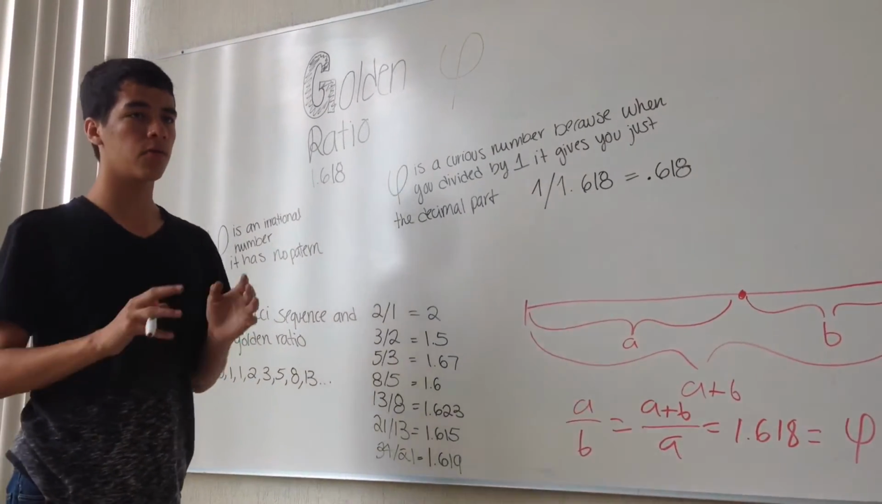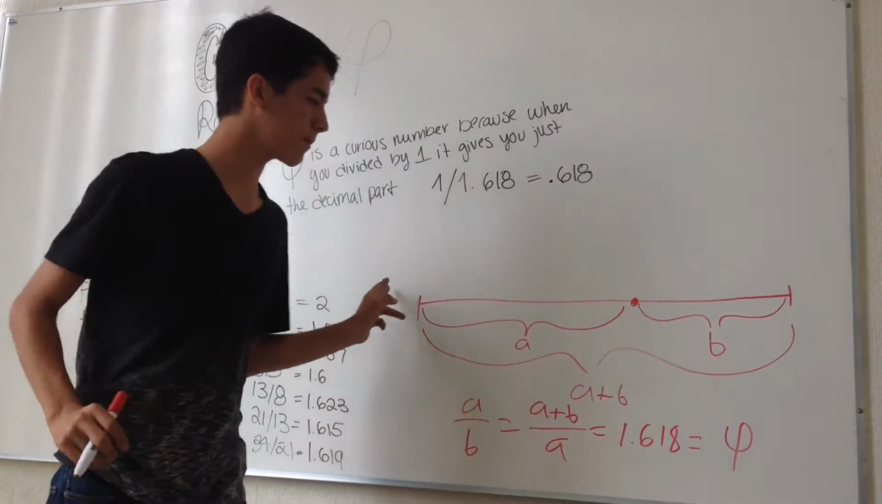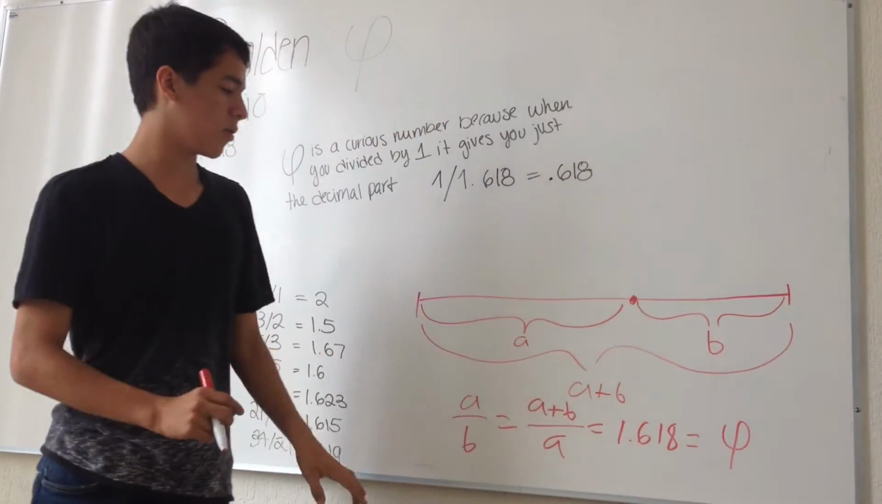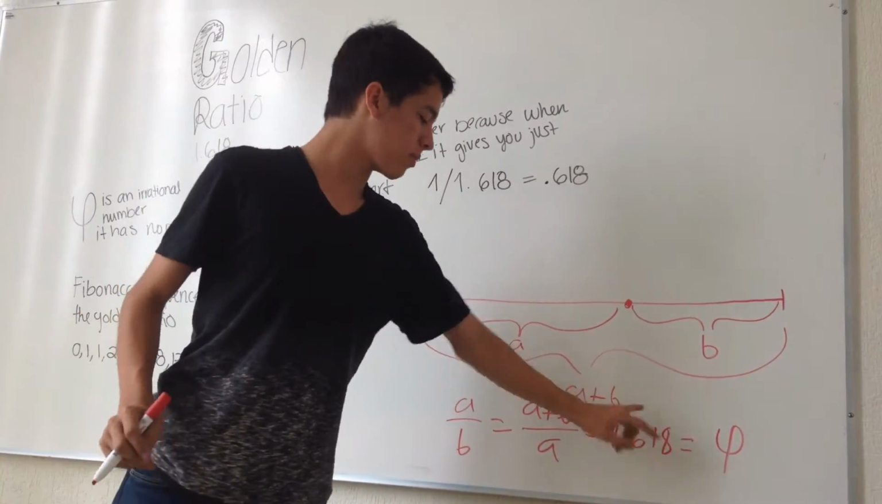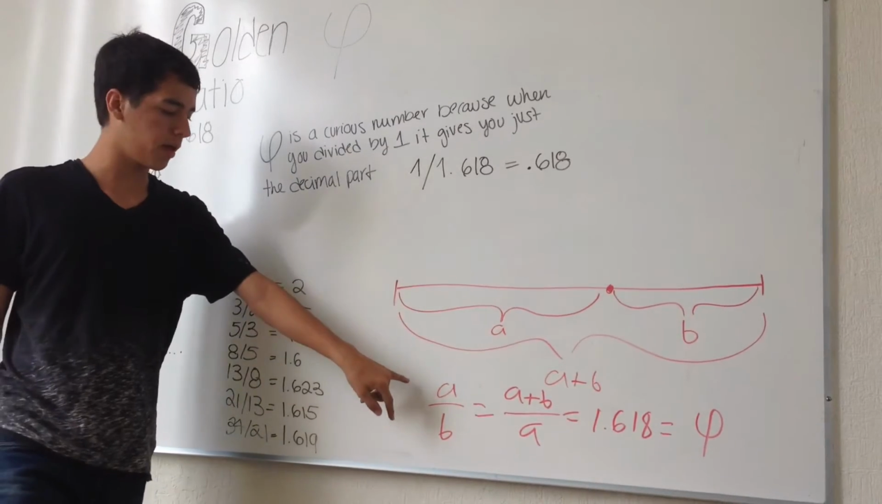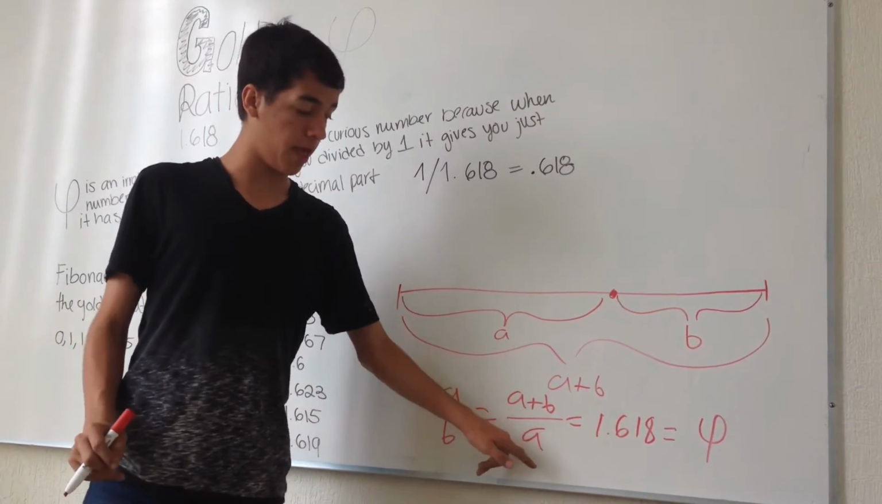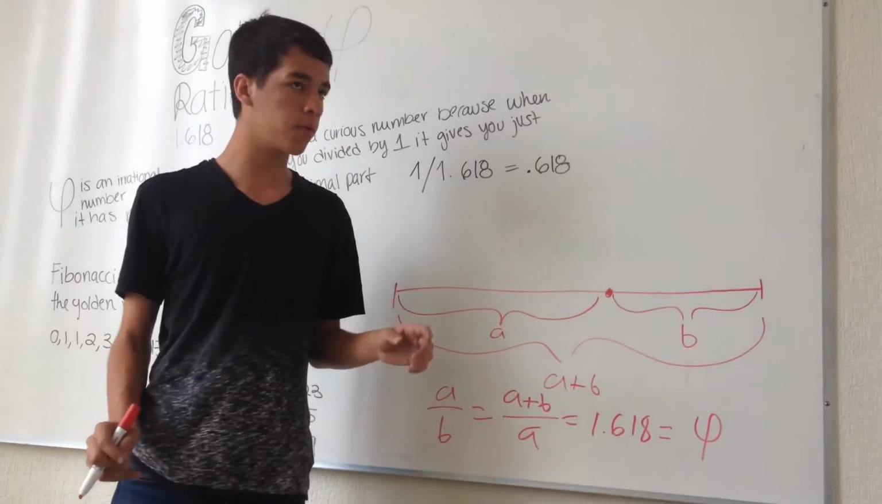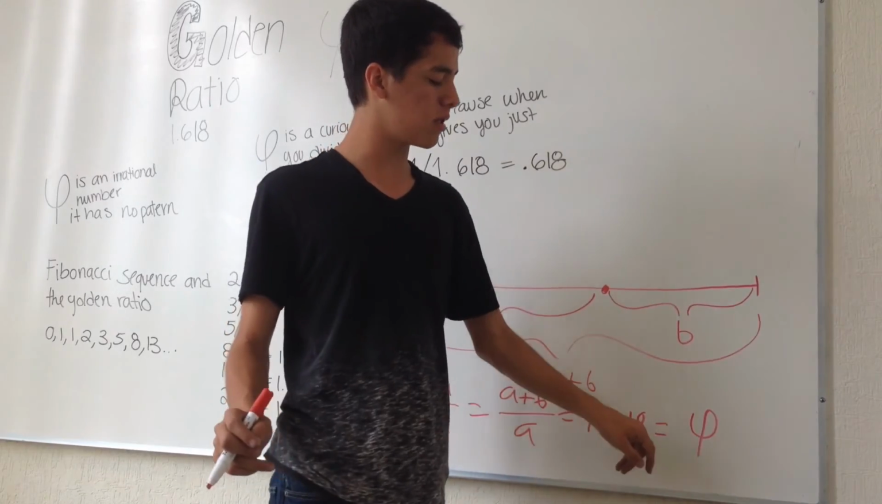It's like no other number is going to give you that. When you have a line and you divide it and you have A and B, together they give you A plus B. So if you divide A plus B by A, it's equal to A divided by B. That will give you phi, which is 1.618, equals